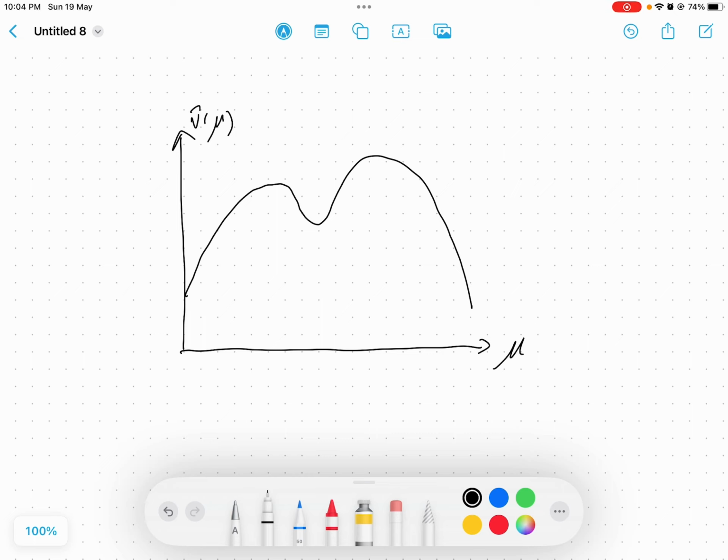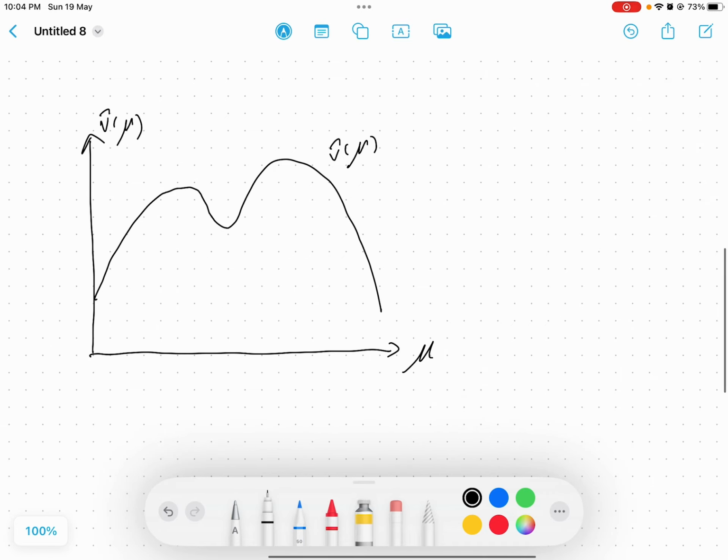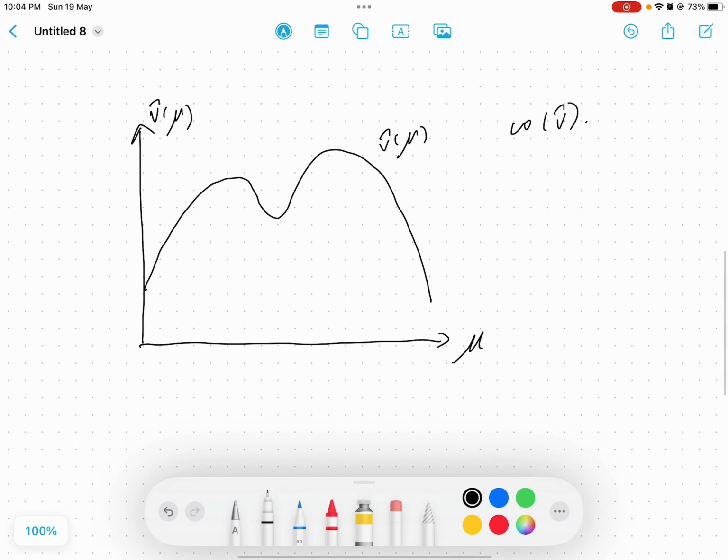So this function here denotes the v hat of mu, which is the expected utility for the sender given some belief. And we know that the convex hull of the graph of the v function, the convex hull, it should be